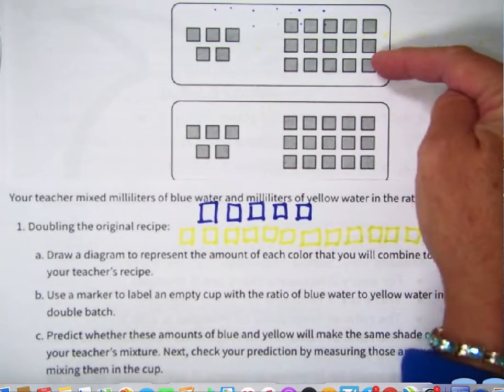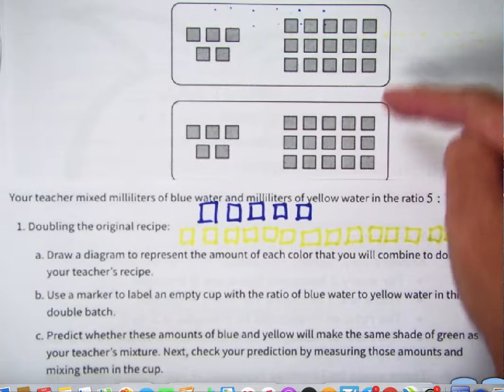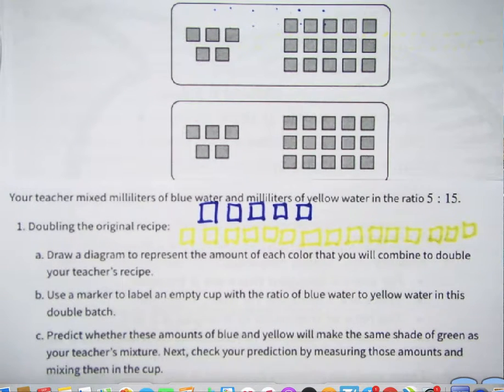I got one batch, and then I just duplicated it. Okay? We're going to skip B. If we were in the classroom, we'd be doing this. But, all right. So,